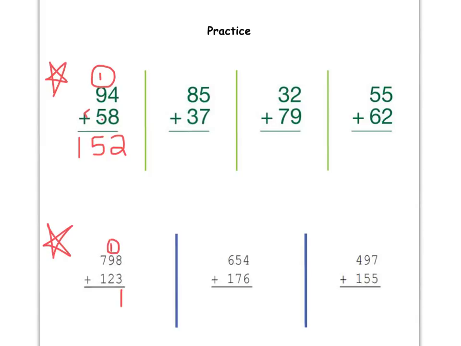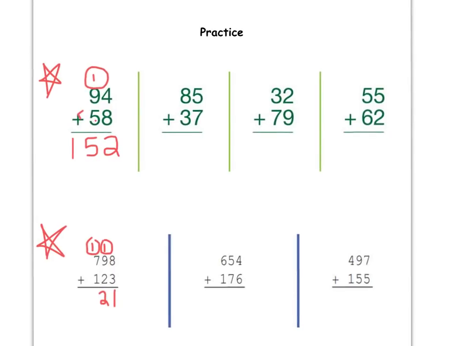So I place my 2 underneath my tens place, and I have to carry over a 1 to the hundreds place. So now I'm going to add 7 plus 1 is 8, plus the one that you carried over is 9. And that 9 goes directly underneath the hundreds place. So I have a sum of